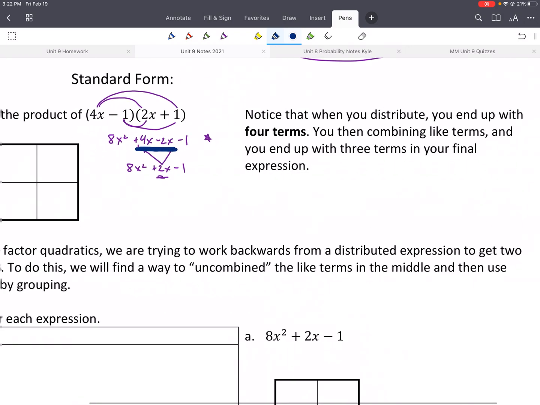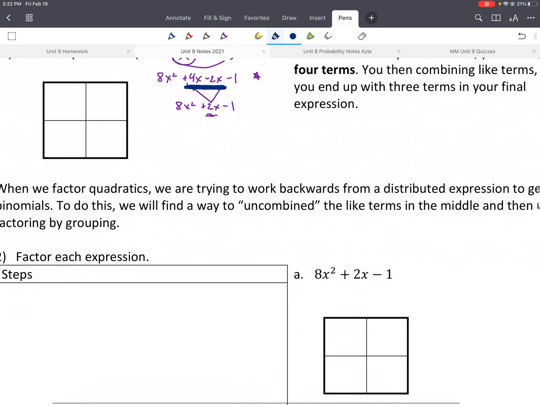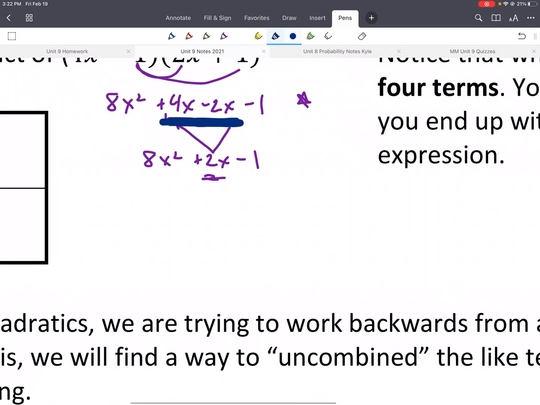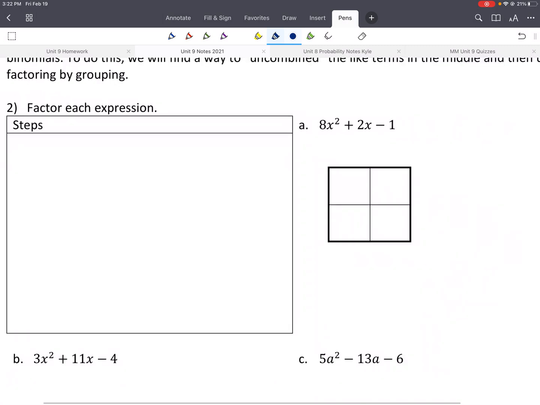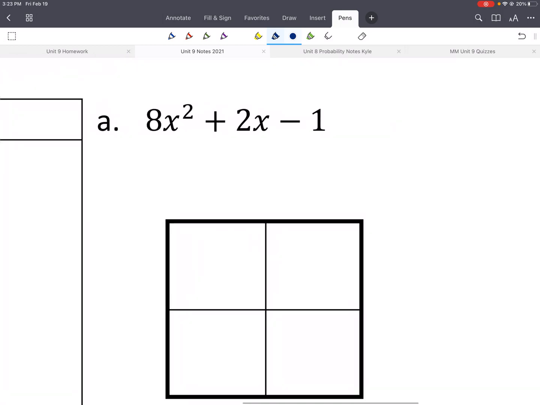I think it's basically the same thing I said here. You could read that if you'd like to. So what we're doing is we're going to uncombine those 2 terms. And again, this is what we're covering today that's kind of new. It doesn't matter what method you decide to use. So what you're going to do, and we can write steps on that, maybe I'll do that in a moment,